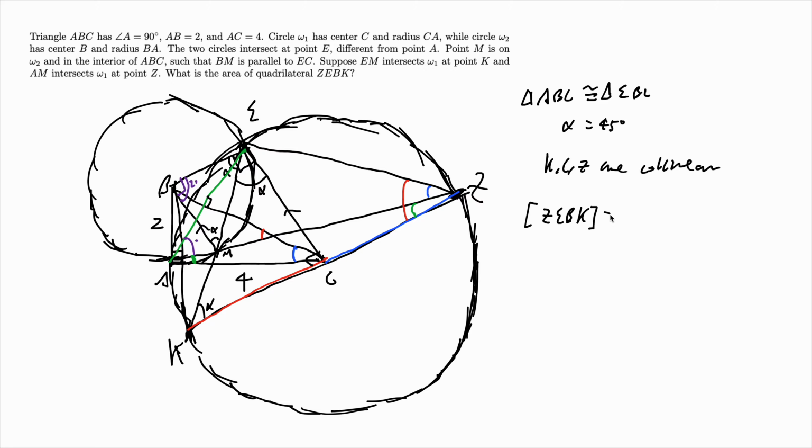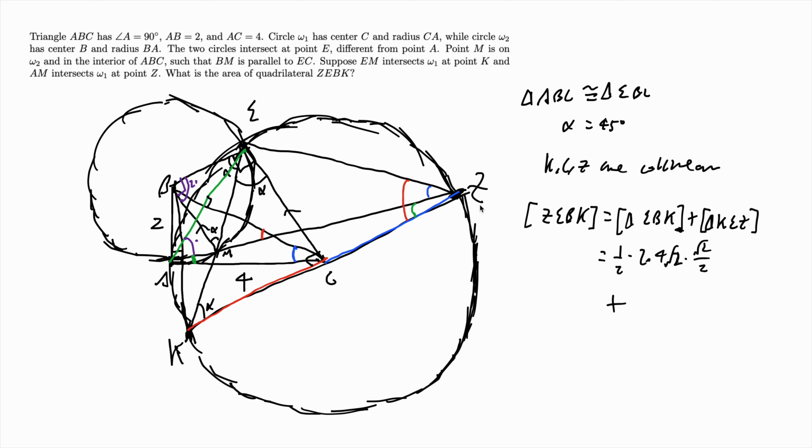the area of this quadrilateral ZEBK is the same as, let's split them, the area of triangle EBK plus the area of triangle KEZ. So EBK is equal to, let's use our favorite formula, 1/2 times this is 2 times this EK is 4√2, because this is 4 and it's a right angle right here, times sine alpha, which is this, plus what is